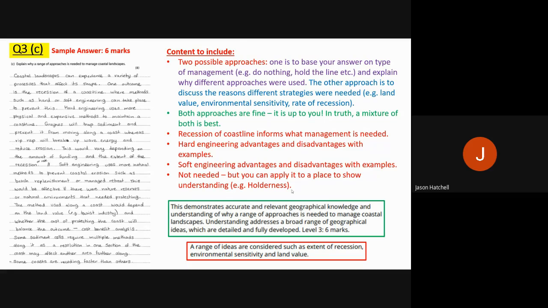So that was question 3C. I hope you found that useful. Please just go through this content to include list and make sure that you can tick it off as you go. And finally,